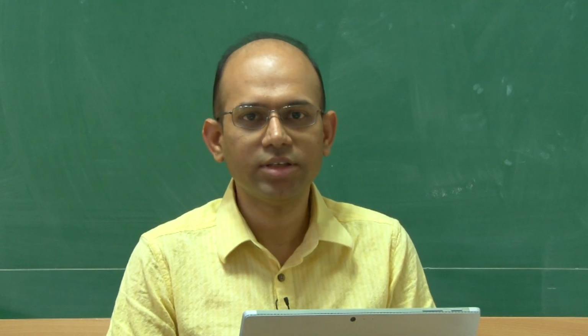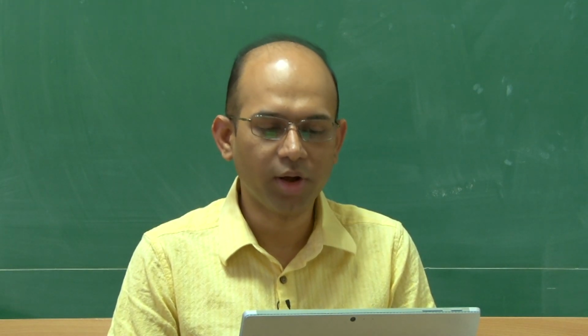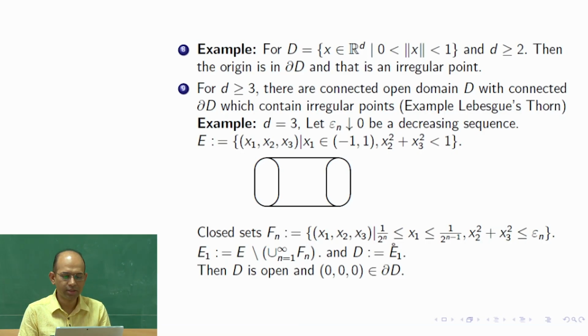In the last lecture we have seen some examples of irregular points. So here this is Fn. Fn is a closed set. E is basically a cylinder, and the Fn's are actually small cylinders of decreasing size. Epsilon n goes to 0. These are some small numbers where this length is 1/2 to the power n, and epsilon n is the radius. Okay, and then those are attached to make the union of Fn, and then that is subtracted from E,